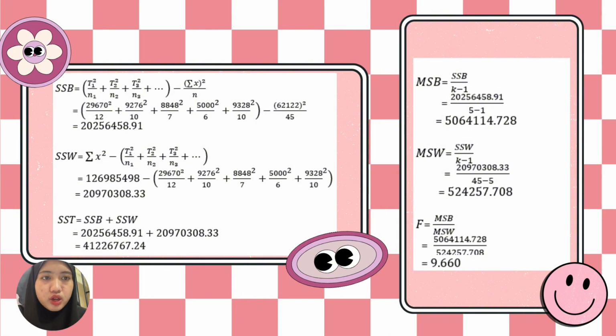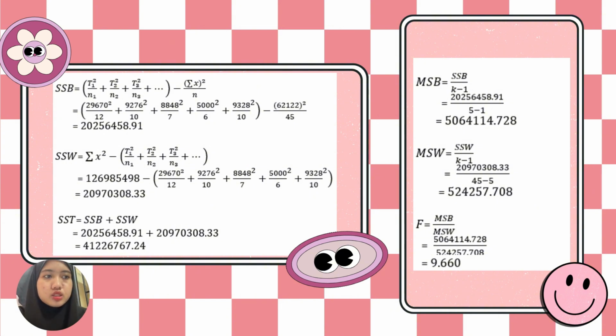Next, we need to find the sum of squares between and the sum of squares within, which are SSB and SSW. For SSB and SSW, we need to use the formula given, and SSB will get 20256458.91, and SSW we get 209703008.33. And SST is the addition of SSB plus SSW. We will get